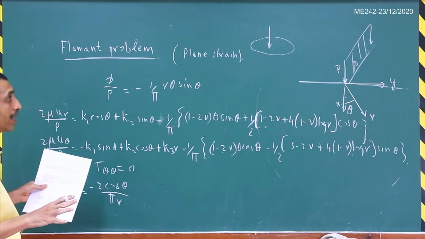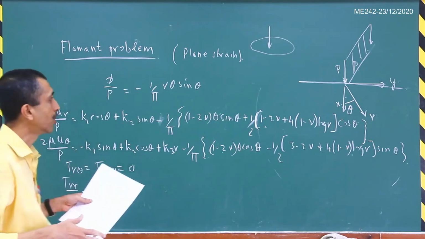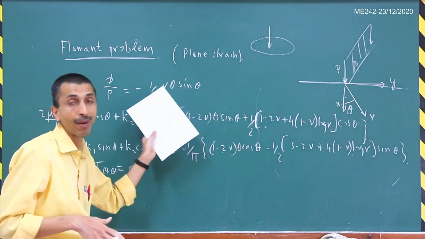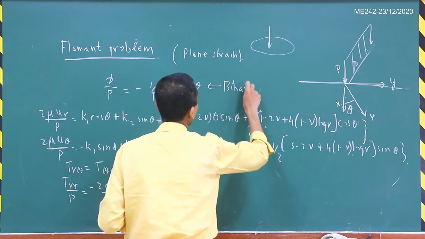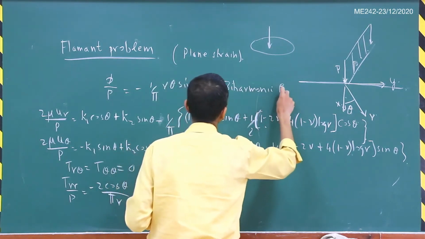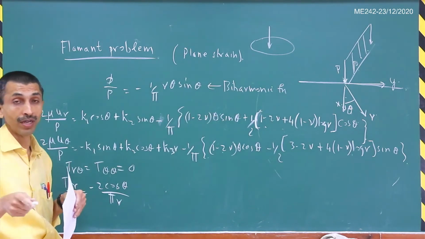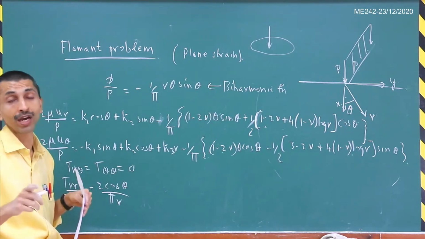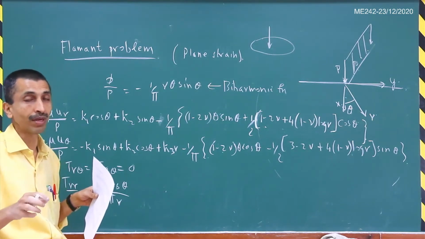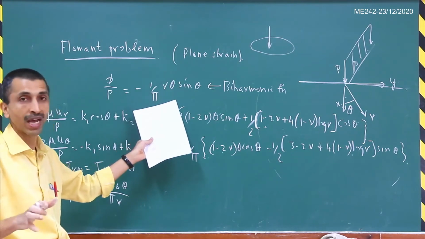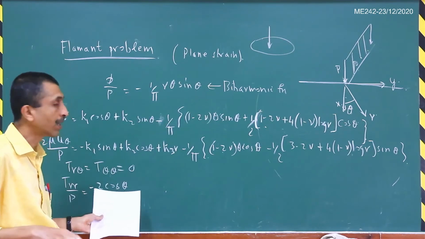Now let us try to show that this is actually a solution, because we have not yet shown that. This is a biharmonic function. That can be shown, and from that the equations of equilibrium and the equations of compatibility are automatically satisfied. So we don't need to worry about them, because if this is biharmonic, then automatically those two equations are satisfied. We need to worry only about the boundary conditions now.